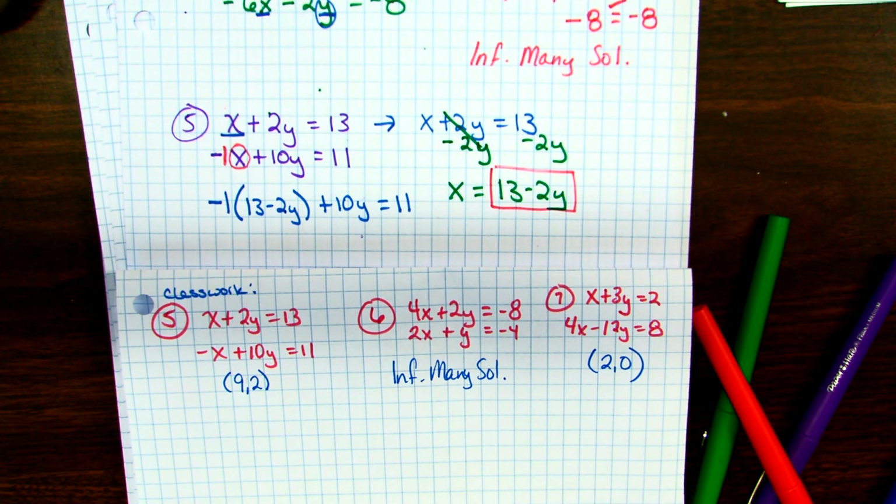But a little step for you, you know how you found this y value of 2? Why didn't you cover one that already has that side? That would have been